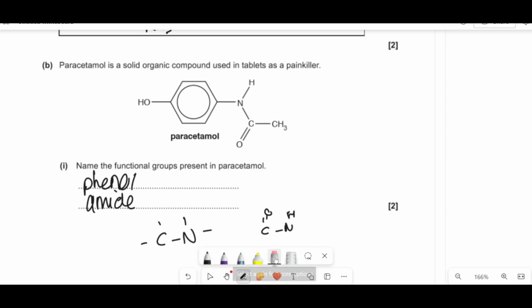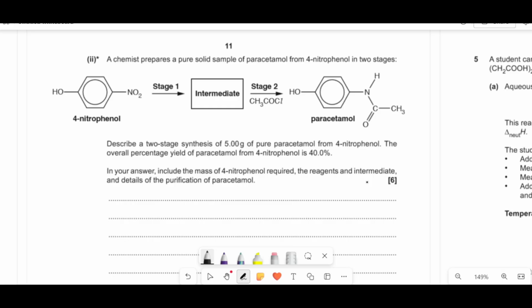Amine, amide. A student prepares a pure solid sample of paracetamol from 4-nitrophenol in 2 stages. So we've got 4-nitrophenol, something happens, they get an intermediate, then they add this acyl chloride, CH3COCl, and they get paracetamol. It says, describe a 2-stage synthesis of 5 grams of paracetamol from 4-nitrophenol. The overall percentage yield of this is that. In your answer, give the mass of the 4-nitrophenol, required reagents and intermediate, and details of the purification of